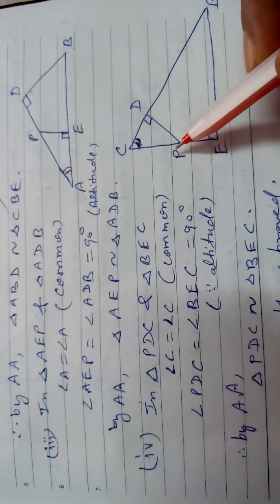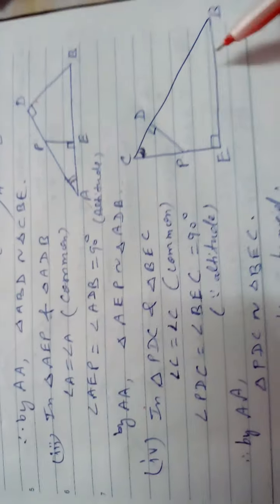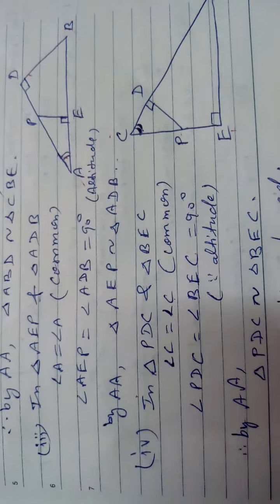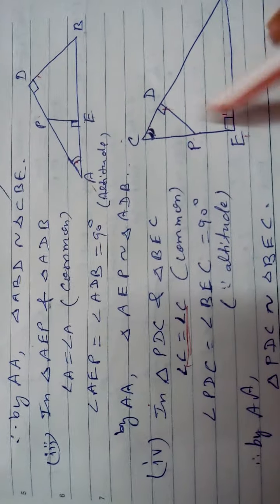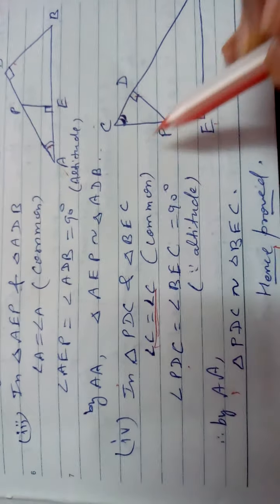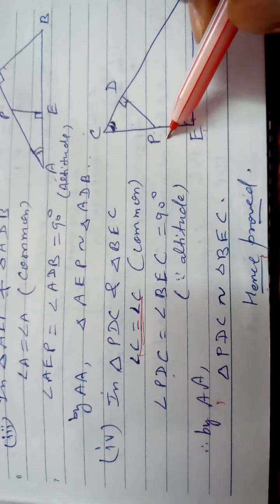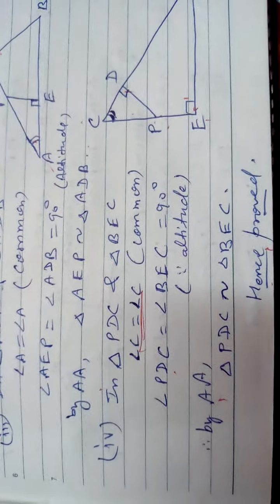Fourth part, AD now what is given? PD. P, where is the P? PDC and BEC. Here C is common, both the end points, angle C is common. One is 90 degree, this angle. So by double A, again this triangle is similar to this. According to the name, equal part. You can write CDP, then here you will write CEB. Only 4 parts are here.